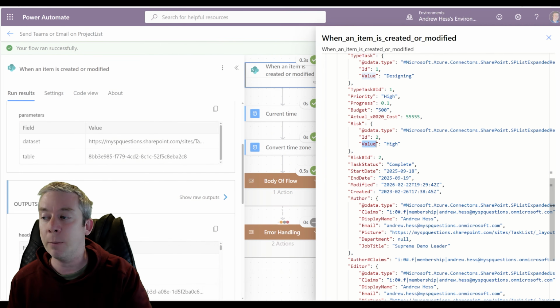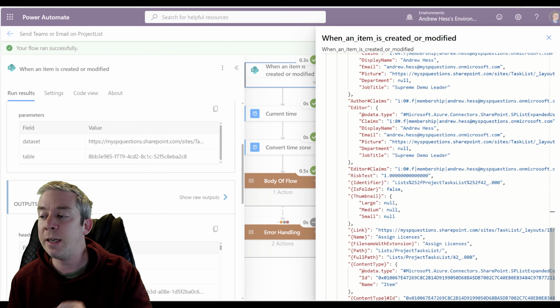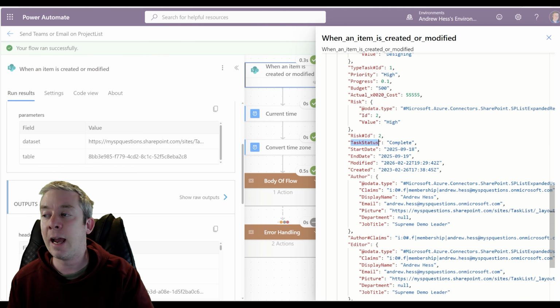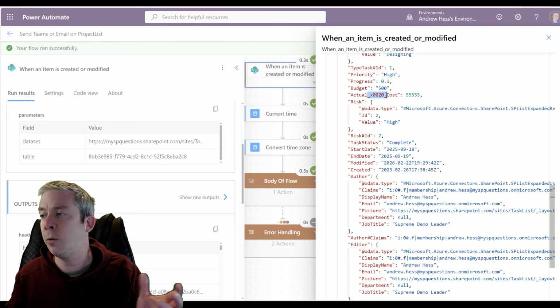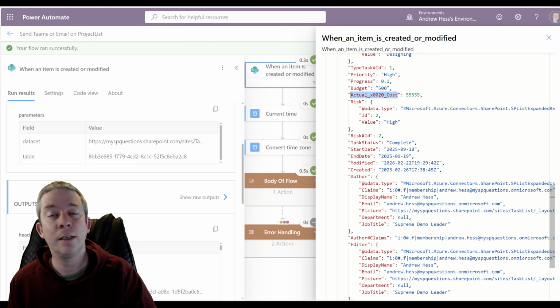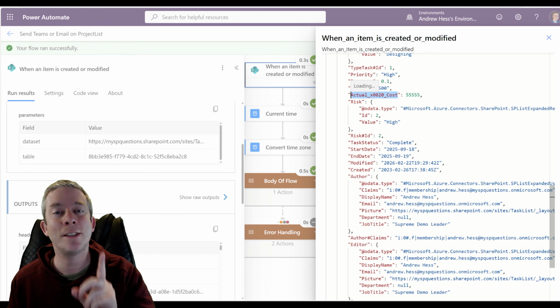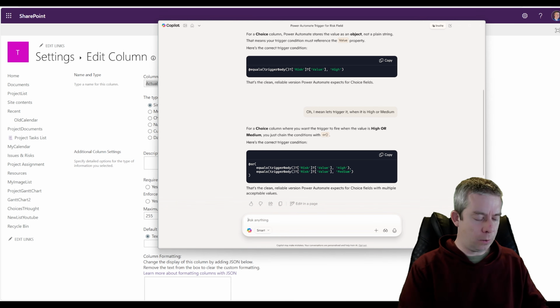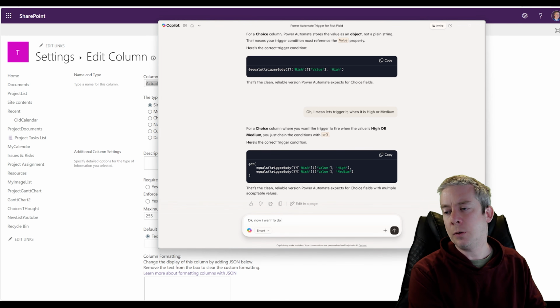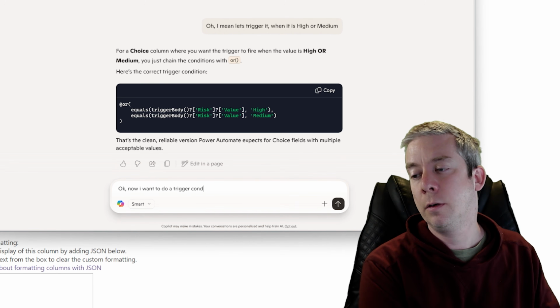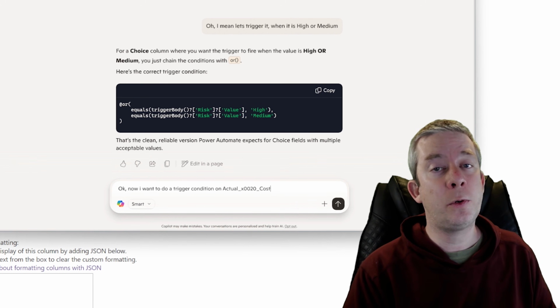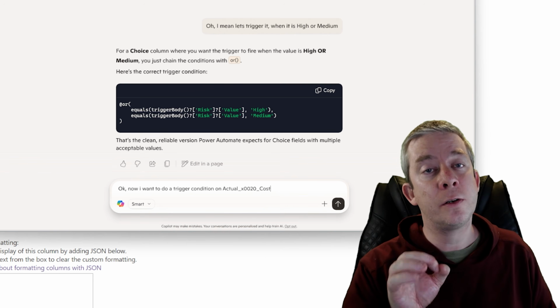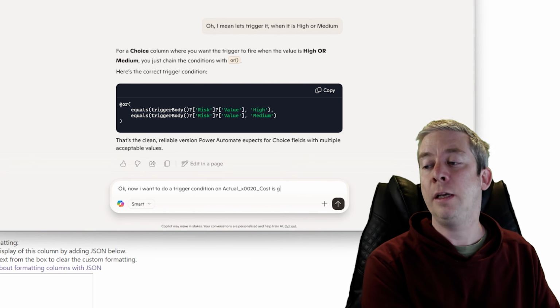So you have risk ID number 2, task status. So anytime there's a space, it's actually underscore x0020. So we need to use this in our trigger condition. And a good way to figure it out is to go to the outputs of your trigger and look at all your fields. Now we're in the expert level. Okay, now I want to do a trigger condition on actual underscore x0020 cost is greater